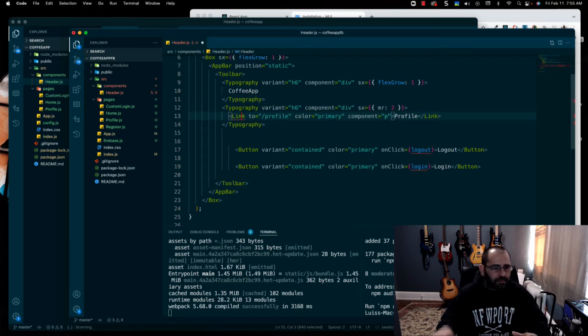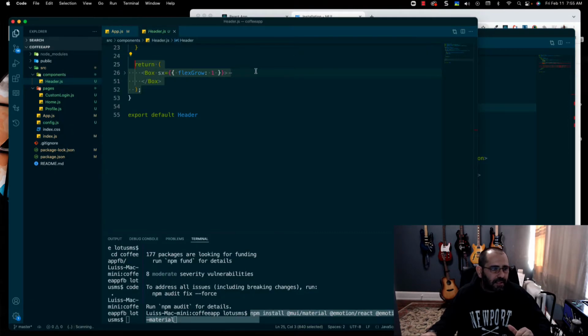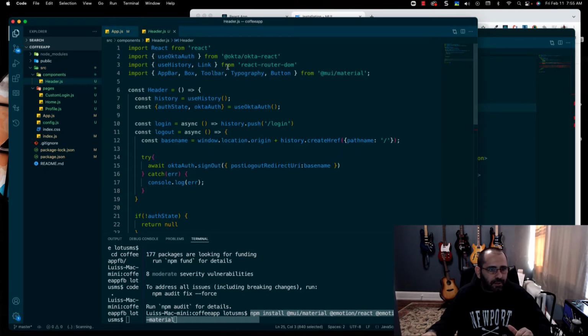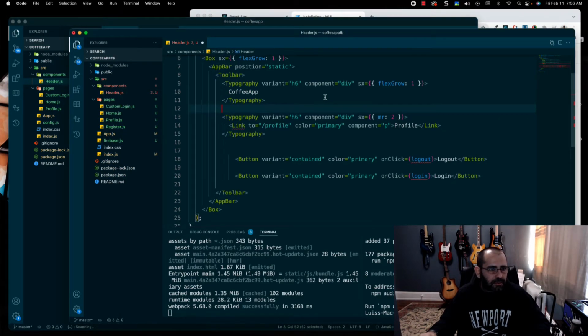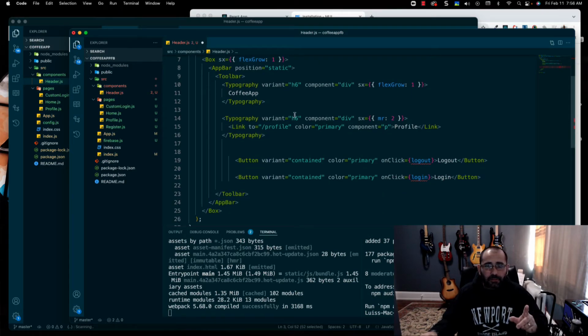I've got to do something about that link, so don't worry about it. It's basically going to come from React router down right here, so I'm just going to bring that React router DOM as well, so I don't have that issue. But careful now, I've got to get rid of this. Keep link. All right, and that's not going to run, by the way, because I haven't installed React router DOM,